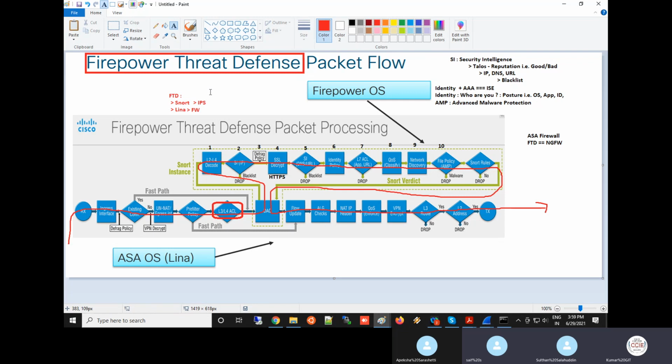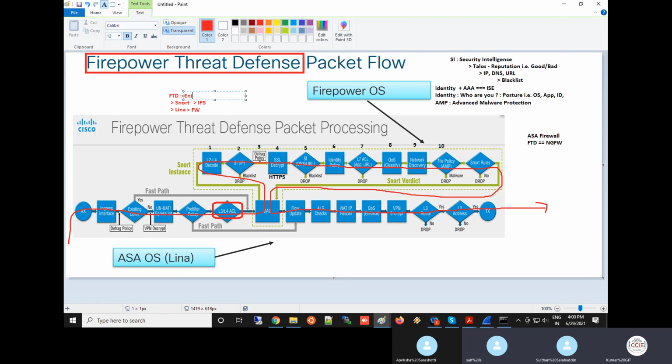You need another OS for IDS and IPS. So how do you differentiate IDS and IPS? By the position of the sensor. Where you keep your device: if you keep it inline, all traffic will go inside and go out, then it is IPS. If you keep the same device somewhere outside, just monitoring, then that is IDS. Intrusion detection, intrusion prevention.